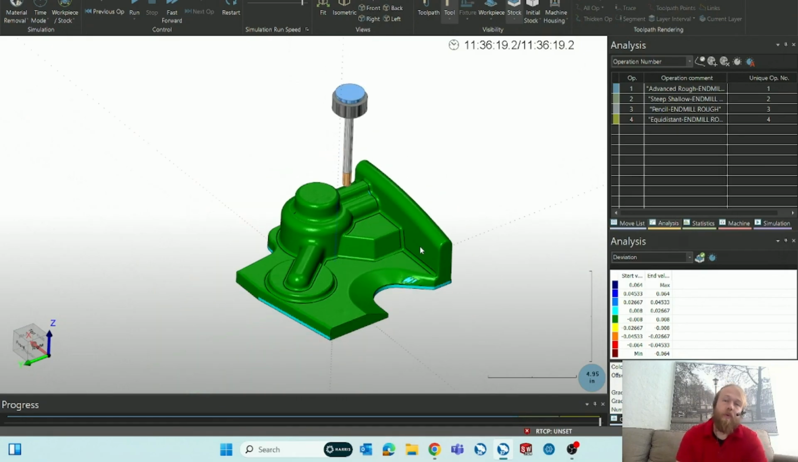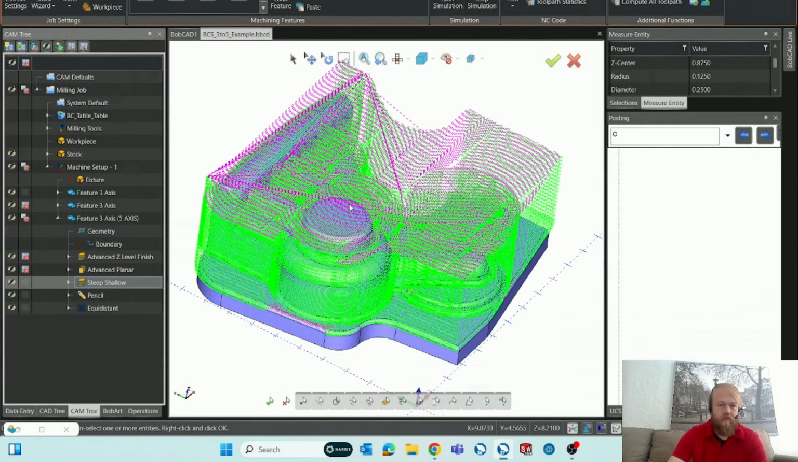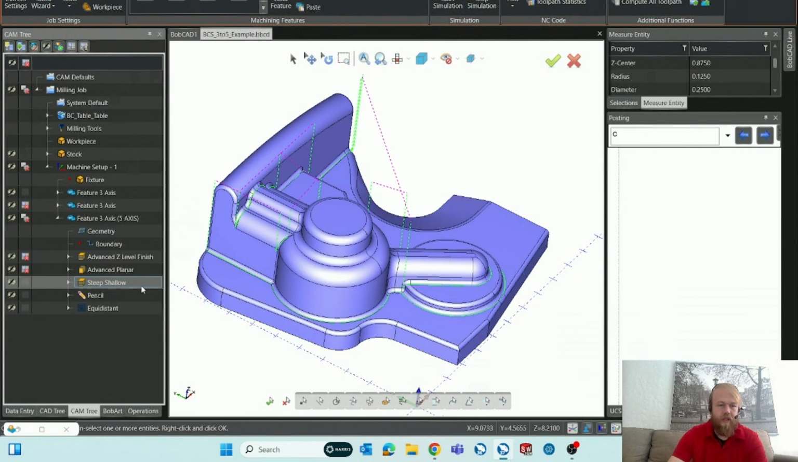If you don't have 4 or 5-axis, you don't have that tilt tool option in gouge check. You only have the retract option. So it will retract in certain areas and avoid it, but it's not going to machine it. In the 4 and 5-axis, you have the capability to be able to,